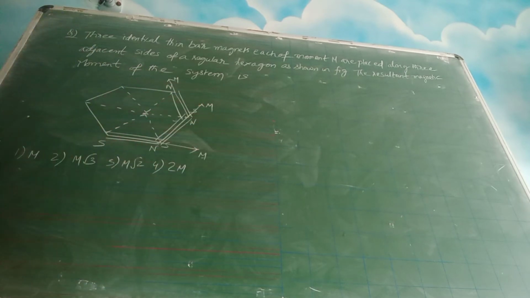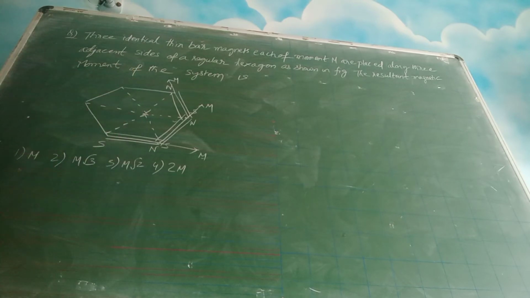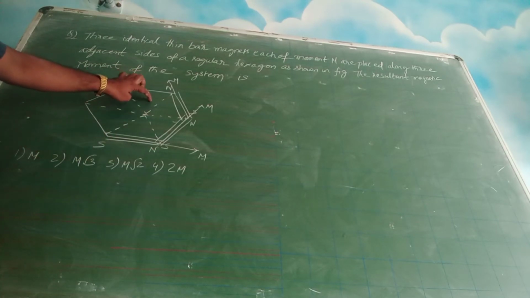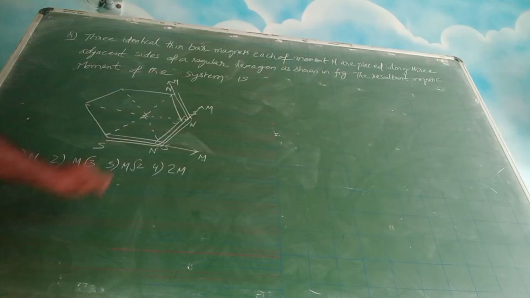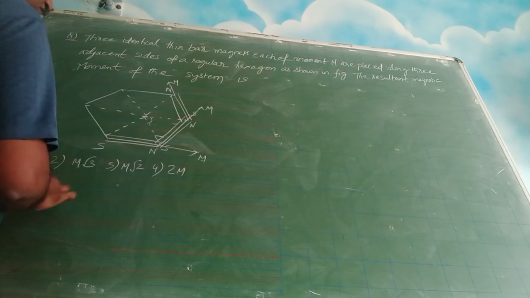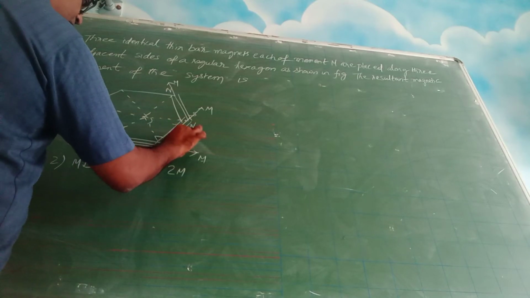As you know, in a hexagon the central angle will be 60, because all put together will be 360. And there are how many triangles? 1, 2, 3, 4, 5, 6. All are equilateral triangles, so this will be 60, so this will be 60. So this angle will be 120.